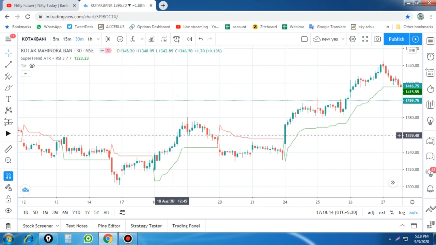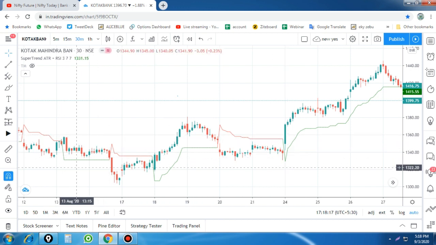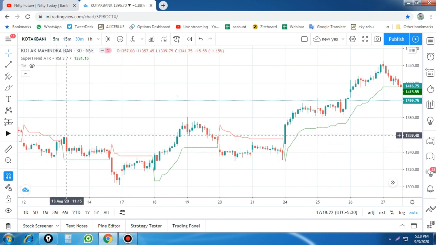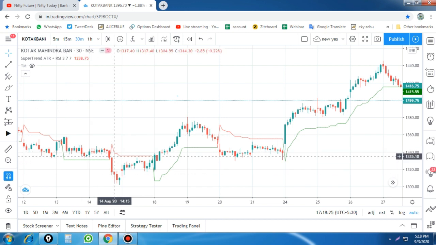So what I am suggesting is this: you see that after the buy signal the super trend was very flat in nature, so we ignore the signal, and here we got a stop loss also. But if you are following the system, you can avoid most of the failure signals, improve your accuracy, and your profitability should also be higher compared to normal trading, directly following the super trend buy and sell signals. You can use this filter, which will give you better results on your intraday and positional trading.